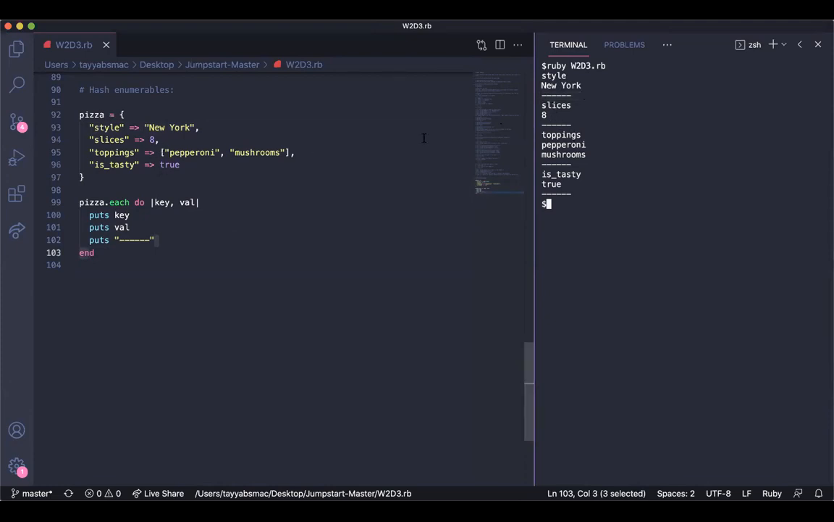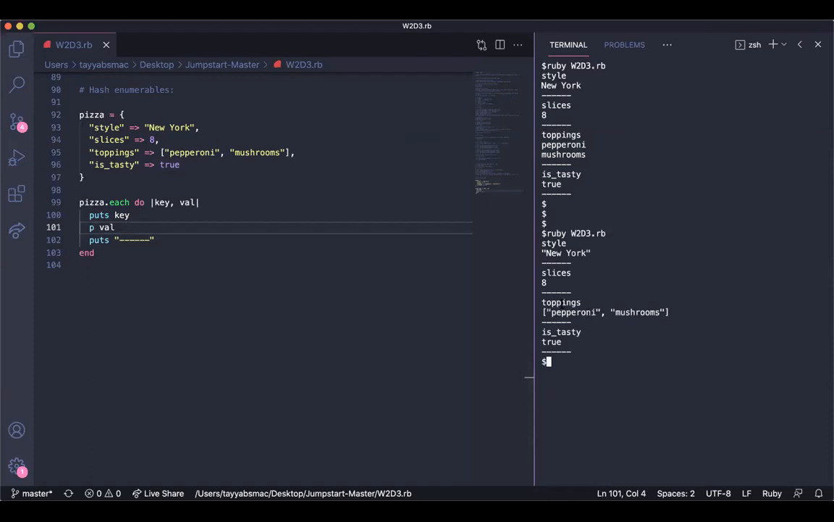Just one thing to note over here is that pepperoni and mushrooms is an array. So although it appears on two lines, it's only because we're using puts, right? When we use puts on an array, it just prints that stuff on multiple lines. So if we change it to p, so we can see the data in its raw form, you'll see that it's actually just an array of pepperoni and